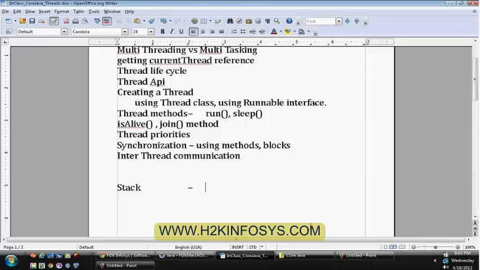From next day onwards, please verify your emails and make sure that you go through that particular topic before coming to the class. We are almost done with core Java, only 3 or 4 topics left. Probably by next week, we'll complete core Java. So you should be good enough to understand some of the concepts which we haven't discussed in the class. I'll make sure you are aware of those topics before attending the class, but all you need to do is verify my emails and go through those topics before attending the class.